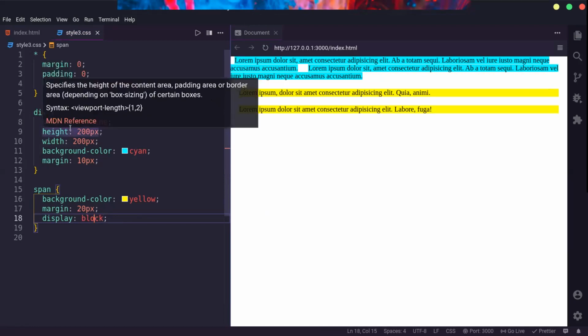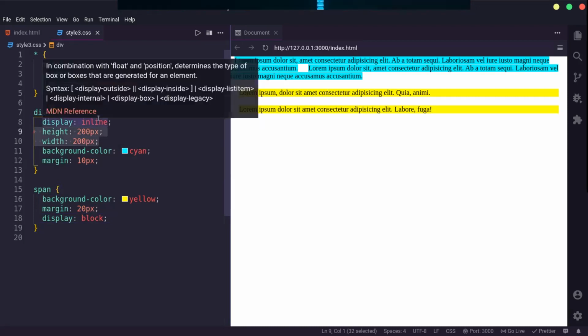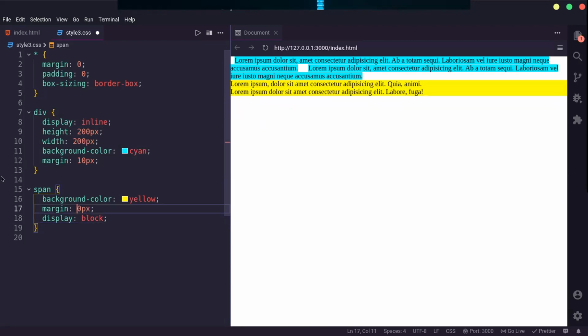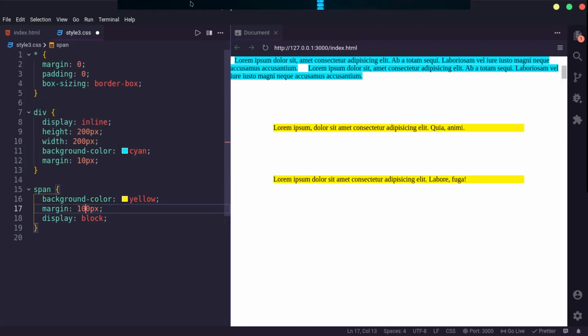The other difference between inline and block is that in inline you cannot specify height and width. I wrote a height of 200 pixels and a width of 200 pixels, but you cannot see that because in inline you cannot specify the height and width. Also, if I make this block and add a margin of, let's say, 100 pixels, now you can see that the margin top and the margin bottom are both 100 pixels.